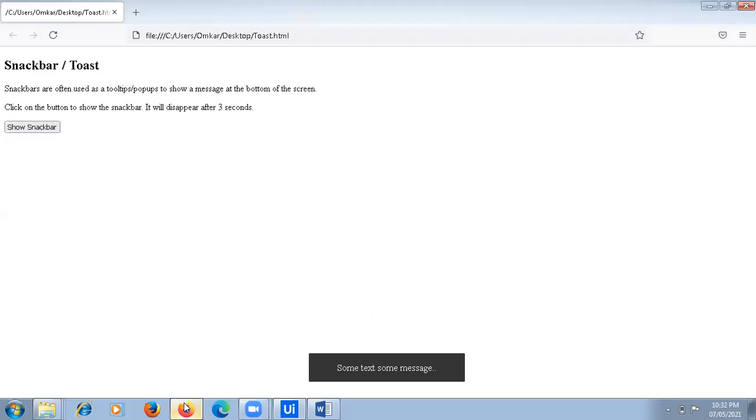Before running, we need to refresh the browser because the old instance is already there.